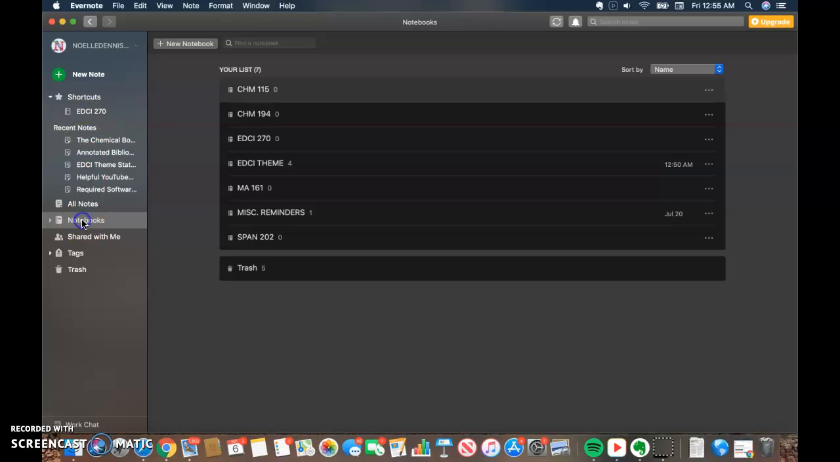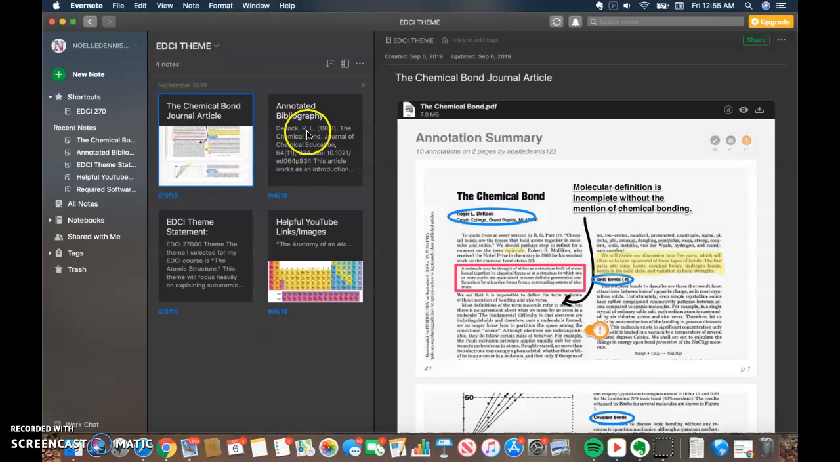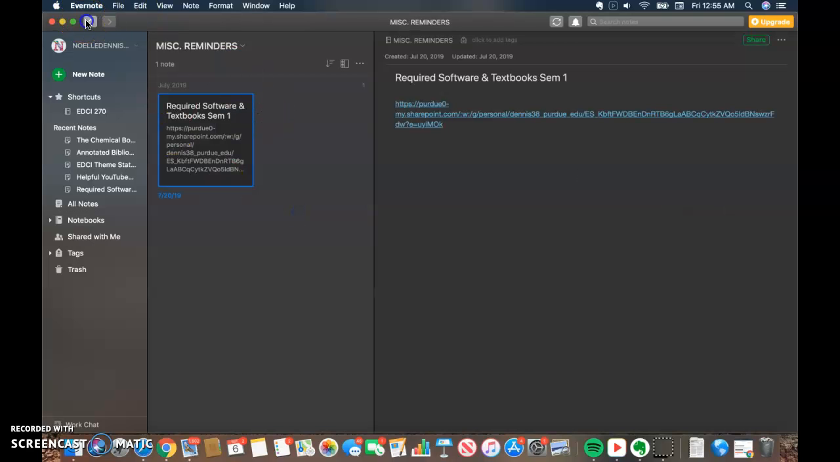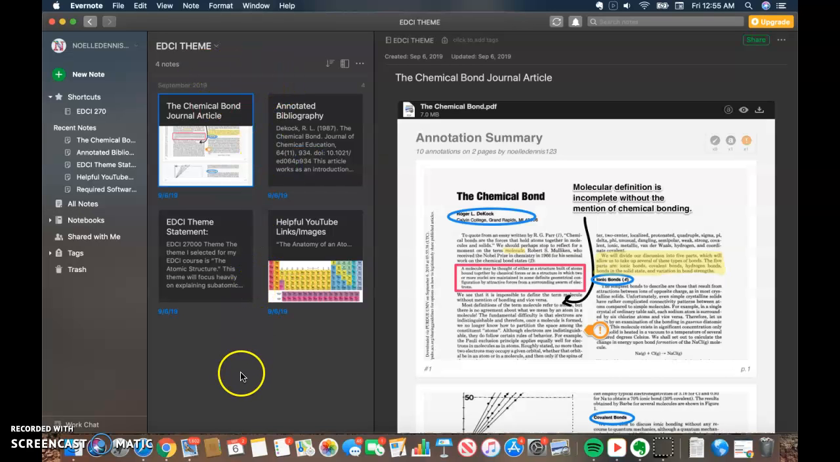So what you'll see is that you have notebooks, and then within the notebooks you can add notes. I've added notes within my EDCI theme notebook. I have 4 notes within here, as well as in my miscellaneous reminders notebook. So going to my EDCI theme notebook, you can see that I have this article clipping